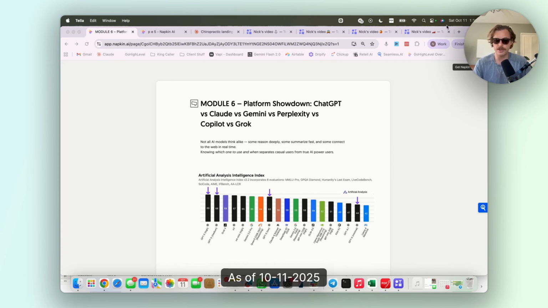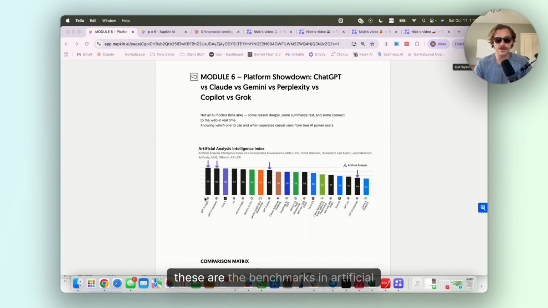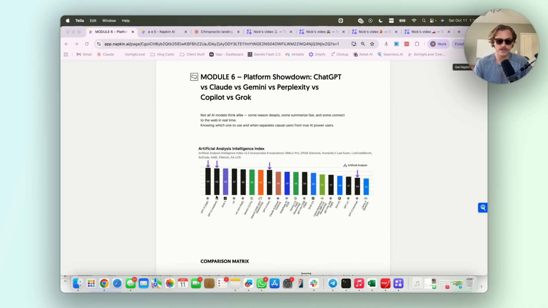As of October 11th, 2025, these are the benchmarks, with the exception of Claude Sonnet 4.5, which just came out. These are the benchmarks in artificial intelligence, and this is how they overall perform. GPT-5 has the highest performance on the high level.